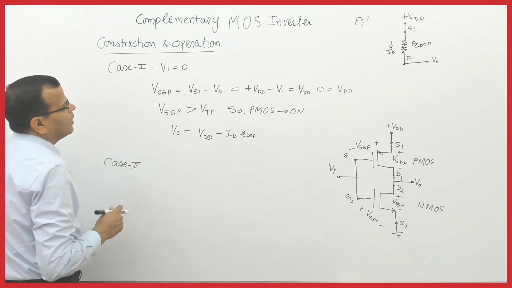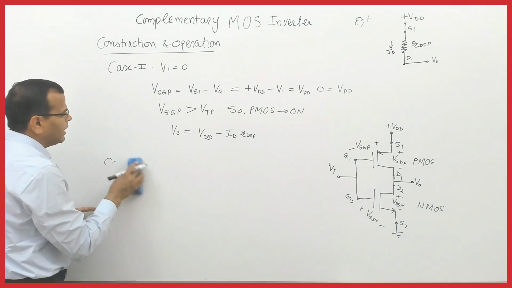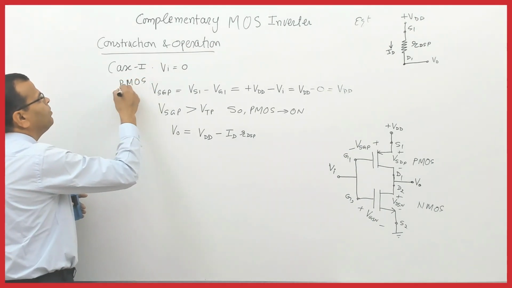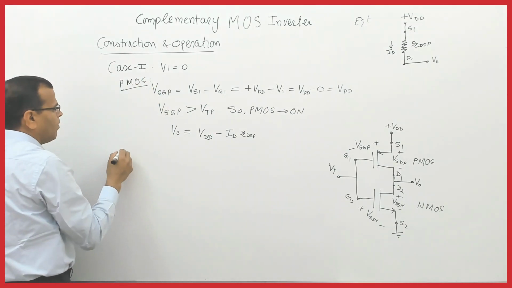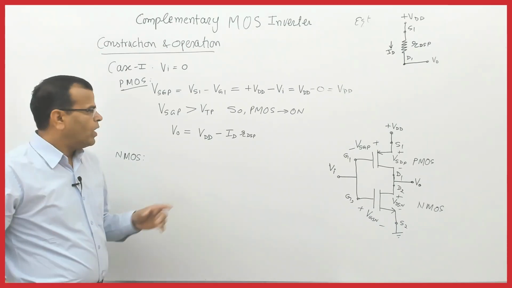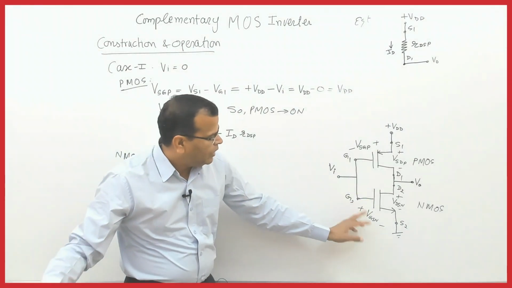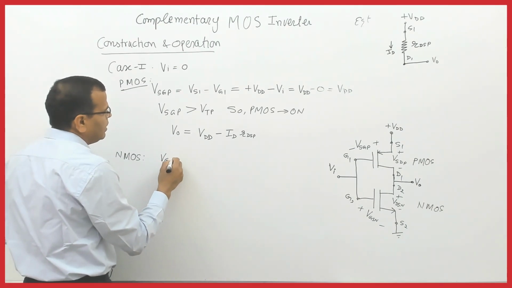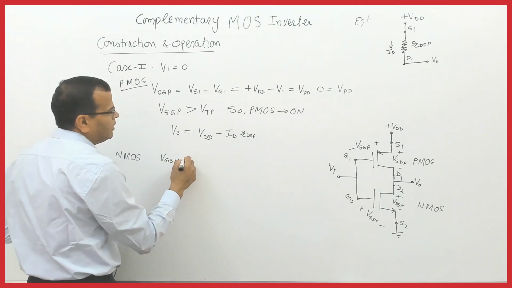Case 2, not case 2, that is case 1 itself. Here I was talking about the condition of PMOS. Now I will talk about the condition of NMOS. Fine. What is the gate to source voltage here? That is VGSN is equal to